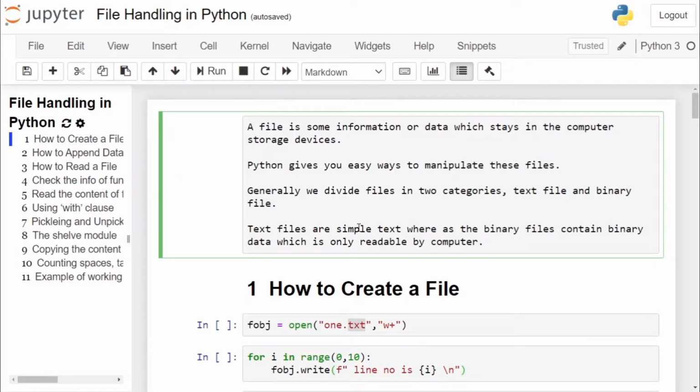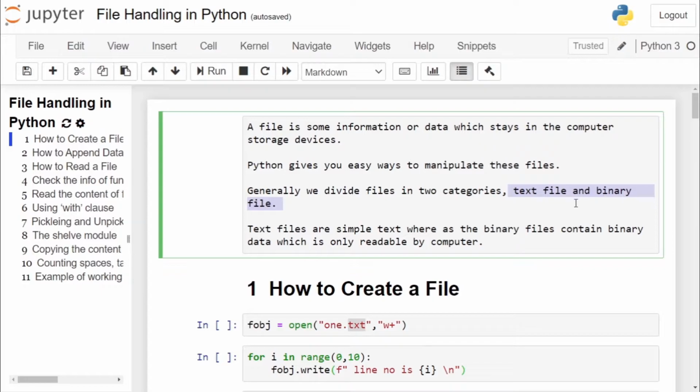In today's video, we will see file handling in Python. If you want to store your program's data externally, or use external data in your program, it can be done via a file. Data stored inside a file is non-volatile storage, meaning that when the program ends, your data still remains inside the file.